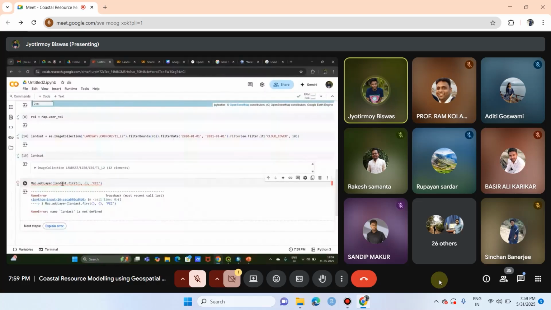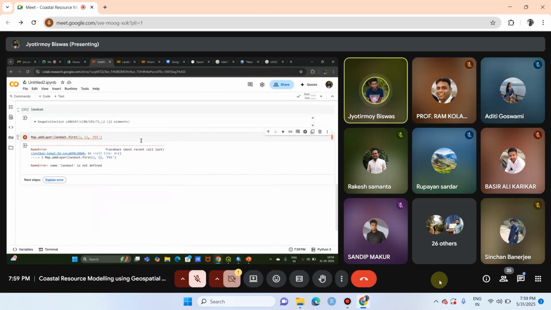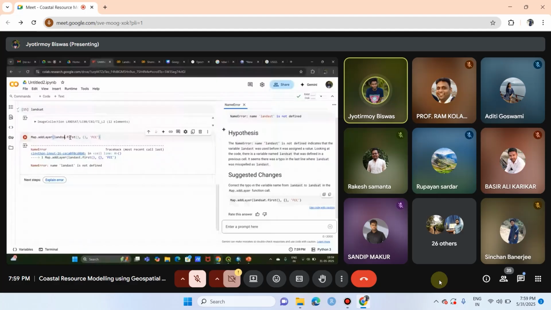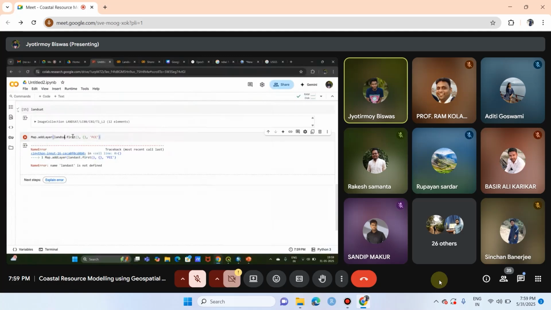okay, the Landsat name is wrong. And another thing you can see, as I have made an error, there is an option called explain error. So if you just click on that, Gemini will open up. It is saying Landsat is not defined. It has autocorrected me, saying that your spelling was wrong. So this is also an important feature of Google Colab. Just run it,